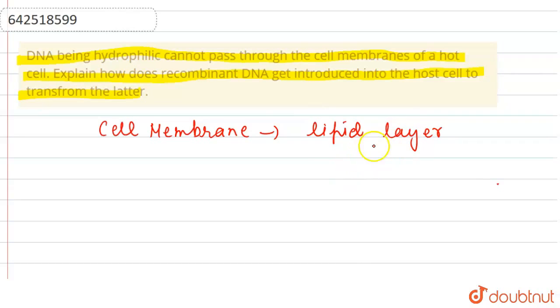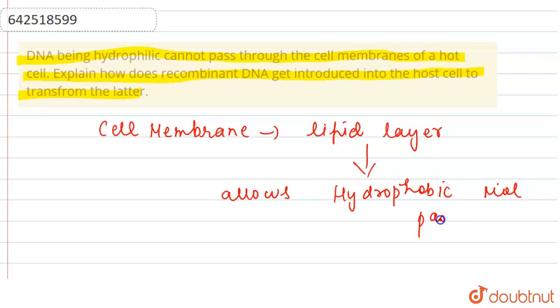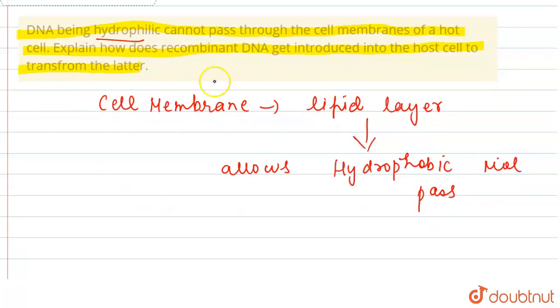This lipid layer only allows hydrophobic molecules to pass through it. But DNA is hydrophilic in nature, so that is why it cannot pass. Now we have to tell how the recombinant DNA can be introduced into the host